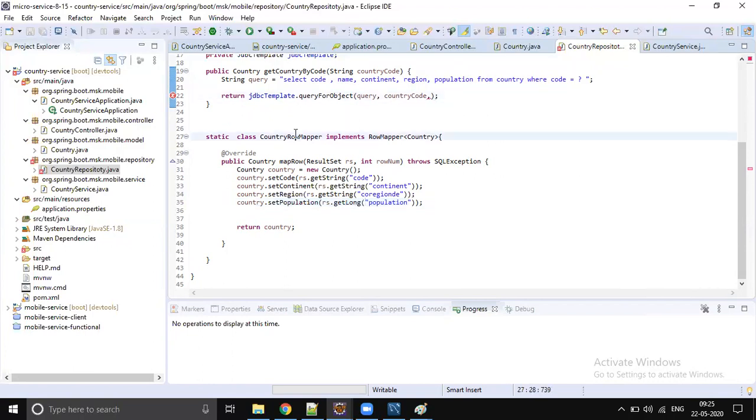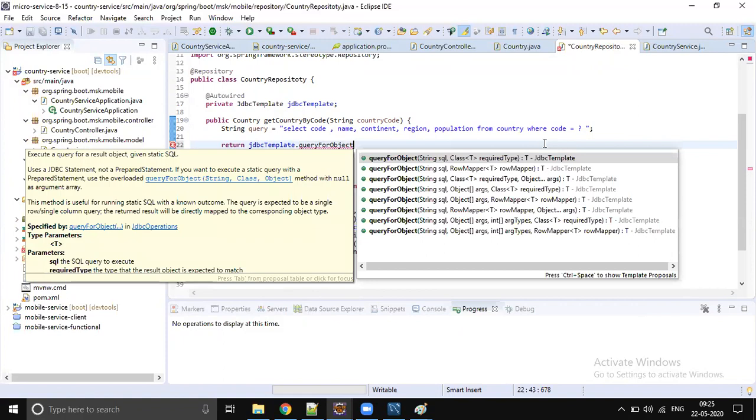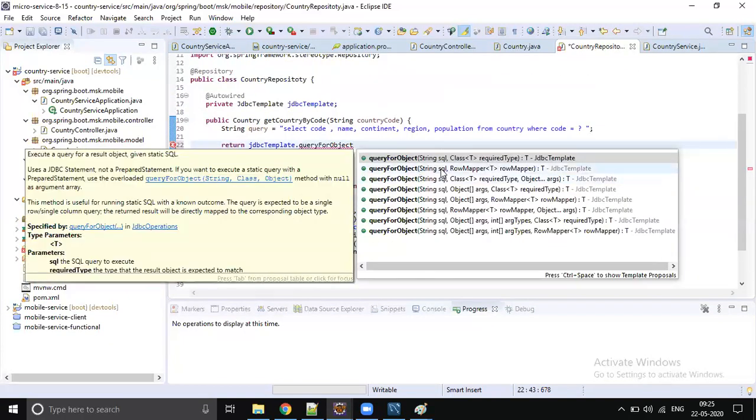So we need to pass this country row mapper object as the data, right? So it's going to be new CountryRowMapper object. With this we are done. I think the parameters we are passing are wrong. Let me check the methods. Region spelling mistake, which one? getString region.